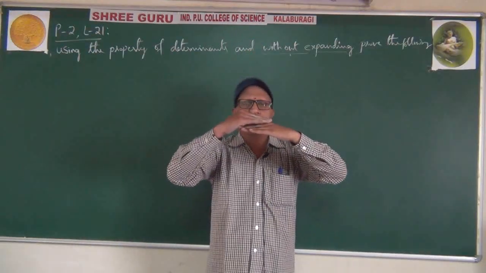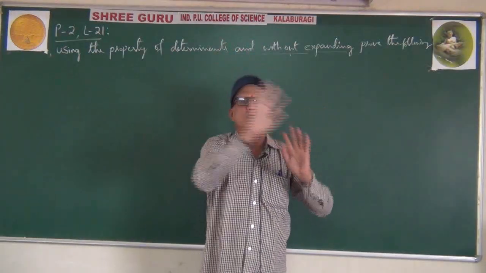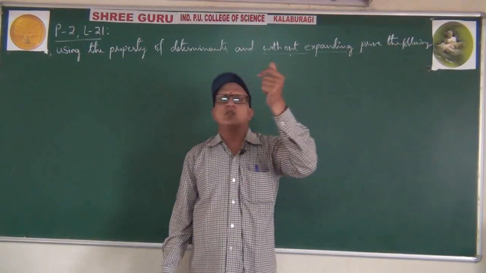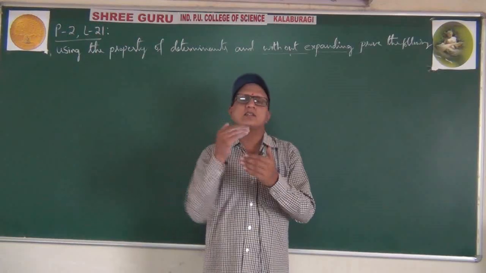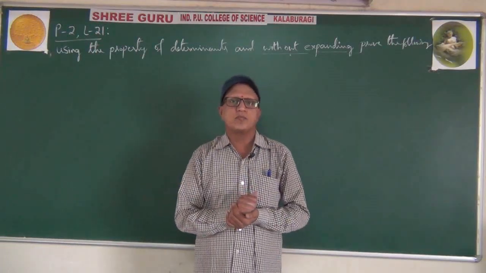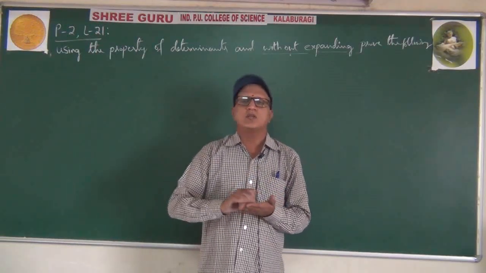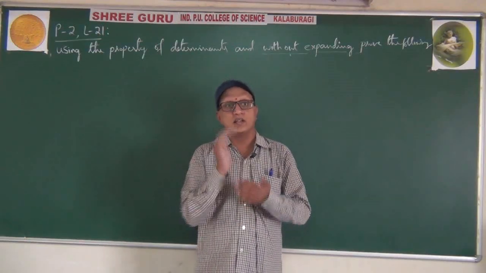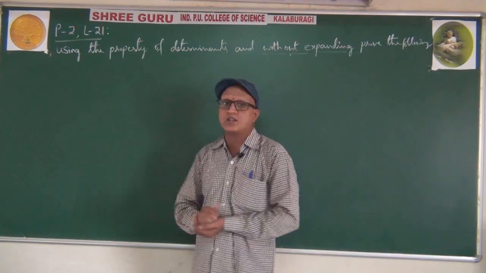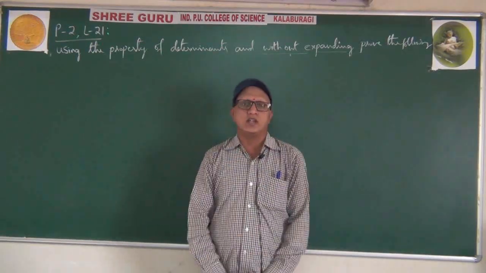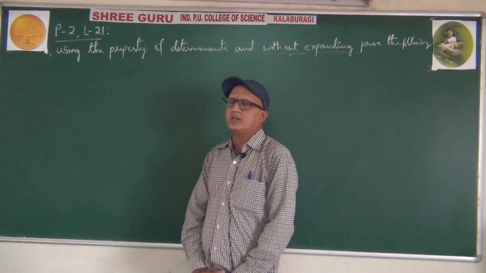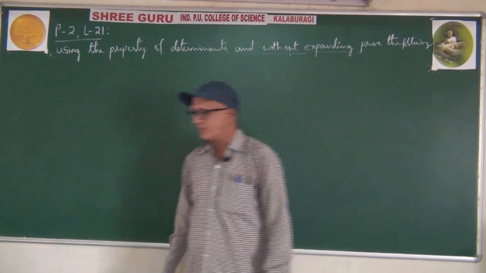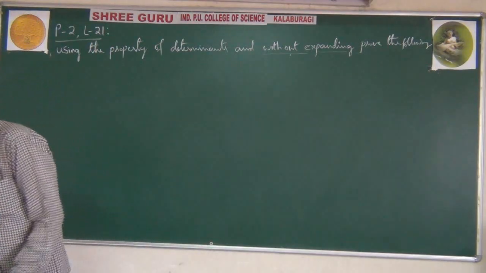If you add these three, we get this one. We can take common, so these two columns will be the same, and the answer will be 0. That type of thing you have to practice. You need not write every question 10 or 15 times. Practice means observation: why we are doing it like that, and what we get if we do it. That is important. Next question.